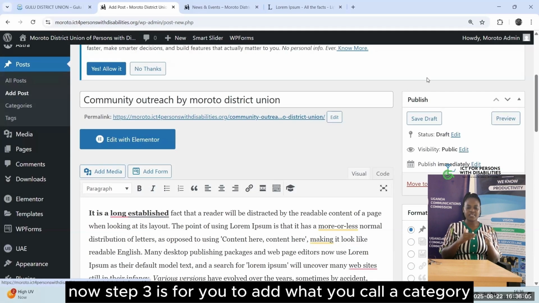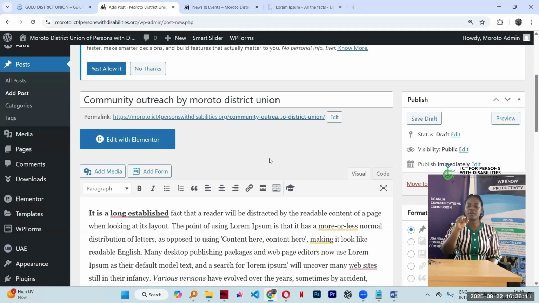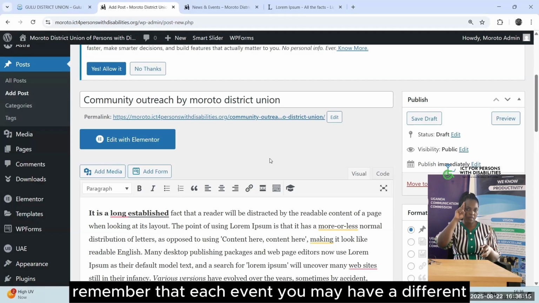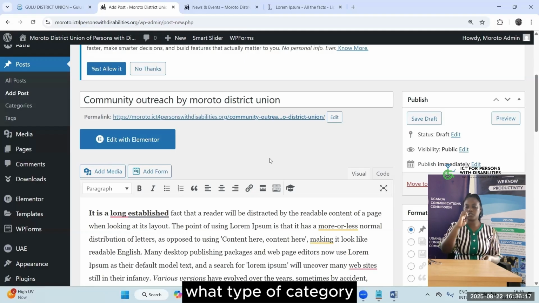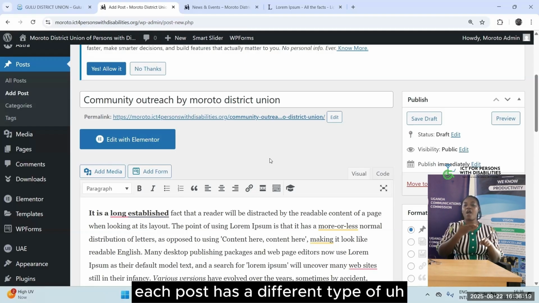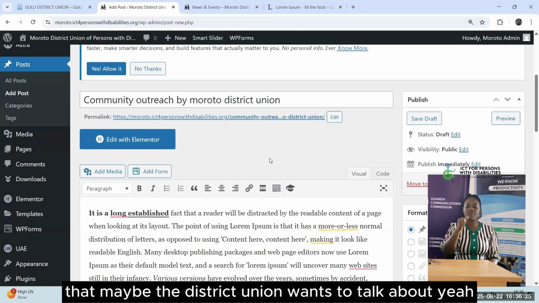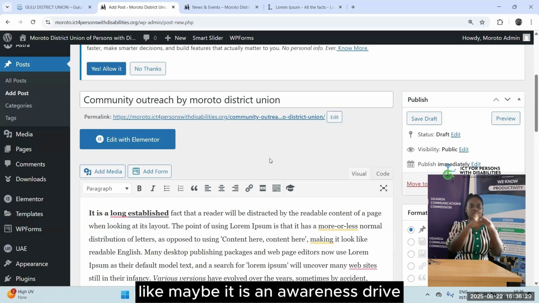Now, step 3 is for you to add what you call a category. Remember that each event may have a different type of category. Each post has a different type of category. For example, it may just be an article that maybe the district union wants to talk about. Maybe it is an awareness drive. It is just